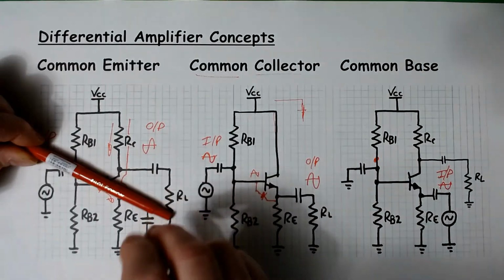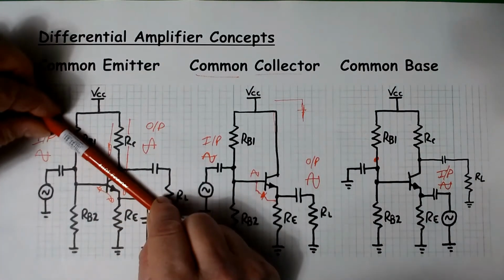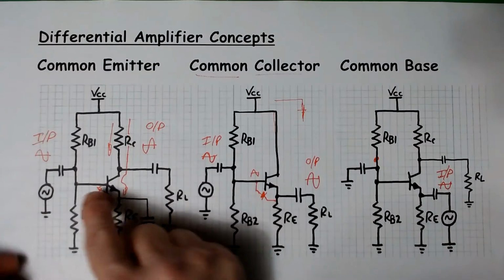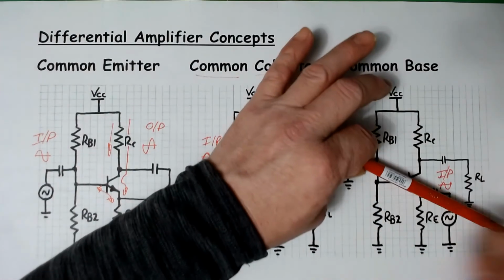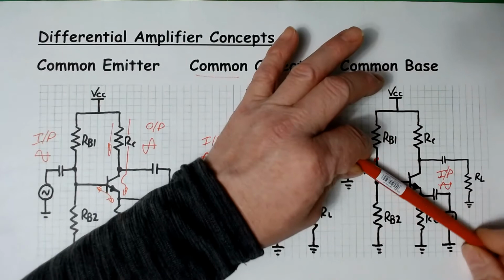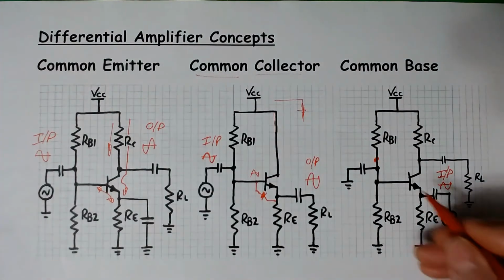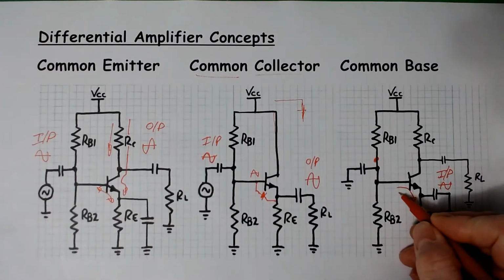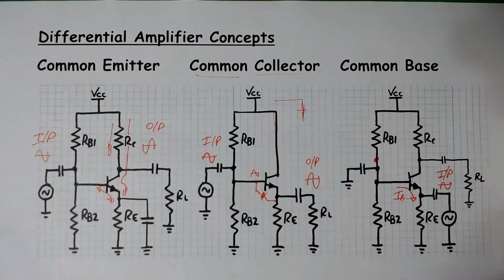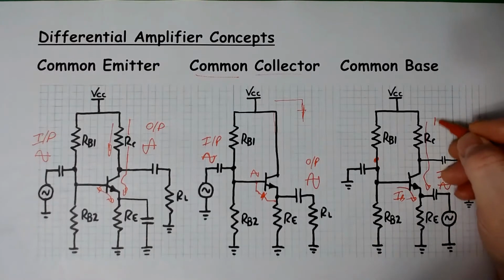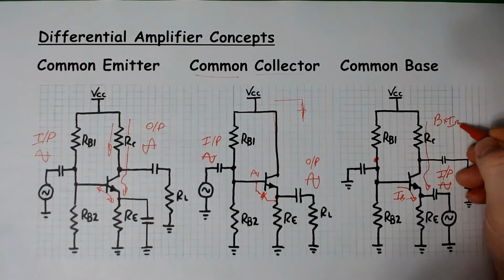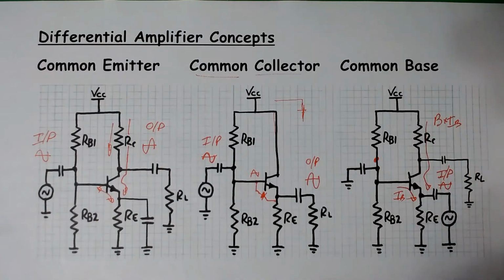So over here, we put this point fixed and we wiggle this side to create a changing base current. That changing base current will result in a beta times IB larger collector current, which will